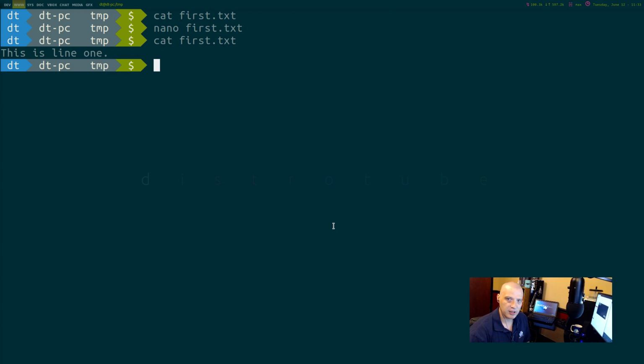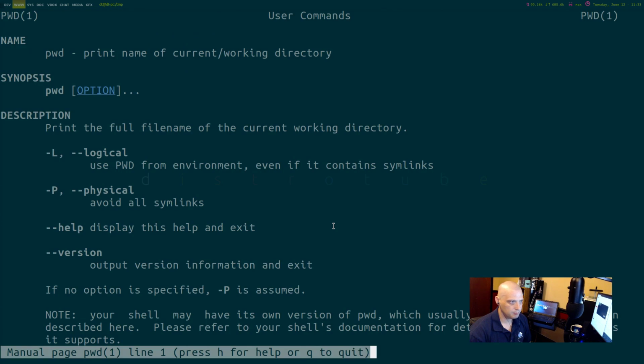So what are some of the commands we've already learned? We learned what pwd, print working directory, was. But if you didn't know what pwd was, what it did, how would you look it up? Well, probably 95% of every program on Linux has what is known as a manual page, an instruction manual. We call them man pages. Type man, and then the name of the program. Print working directory, pwd, and there you go. We have the man page for print working directory.